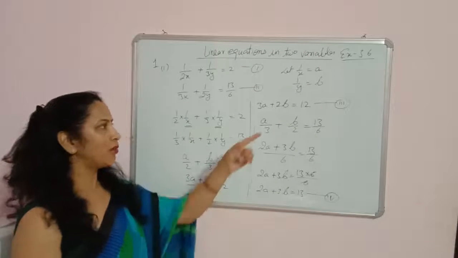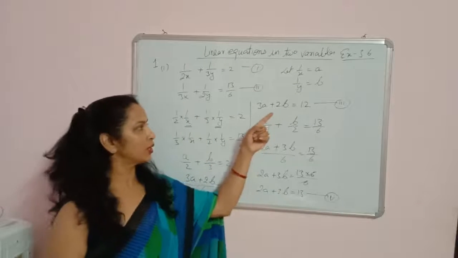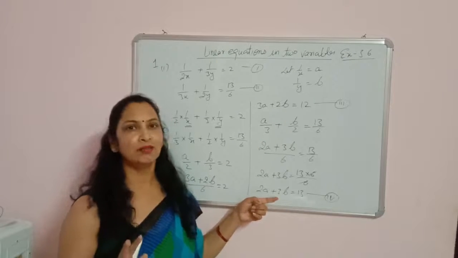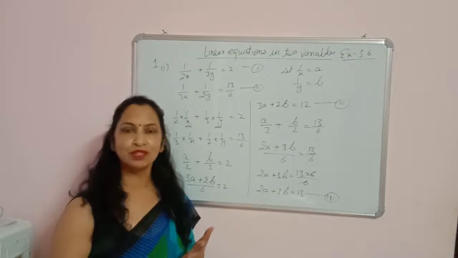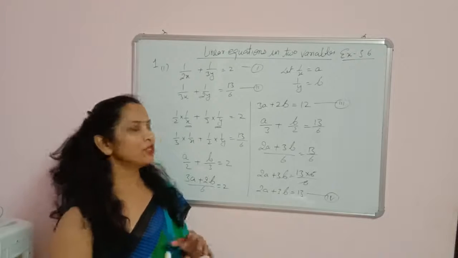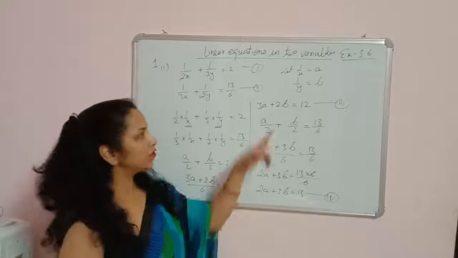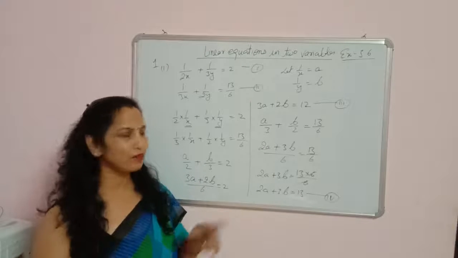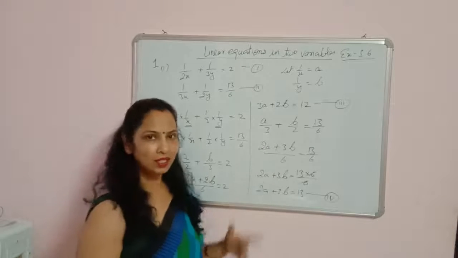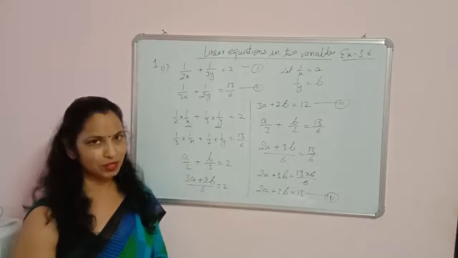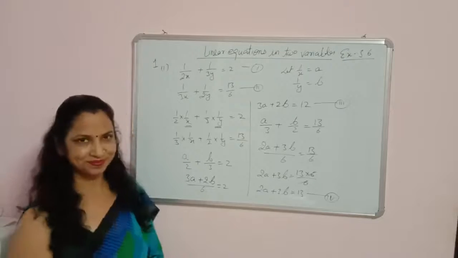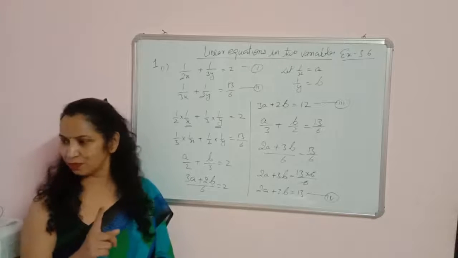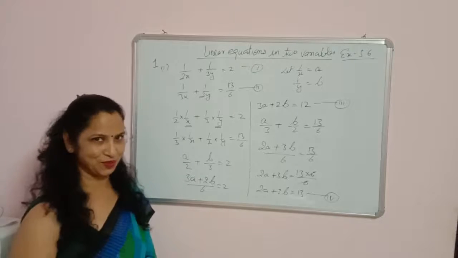And now you have these two equations, equation third and equation fourth. You can solve them with any method: substitution, elimination, or cross multiplication. So you can use any of the methods to solve these equations. This was question number one. I think you can simplify it and it's so easy. Or in case of a problem you can ask me in your Zoom class. Now I am going to explain the second part of the first question.